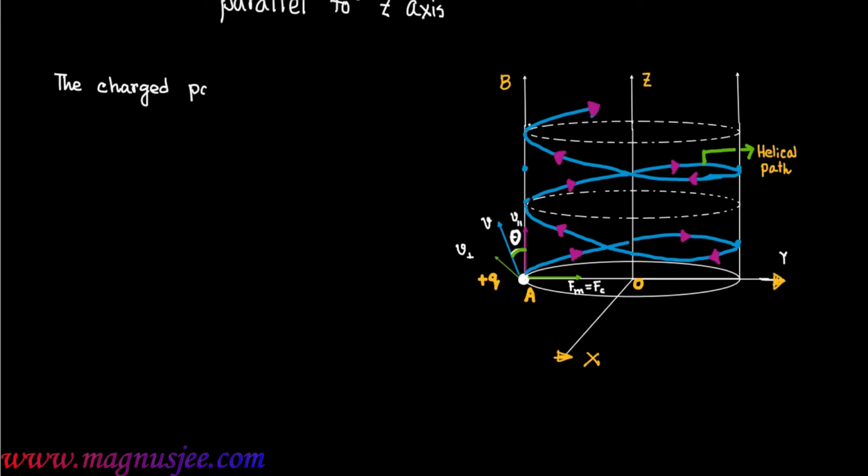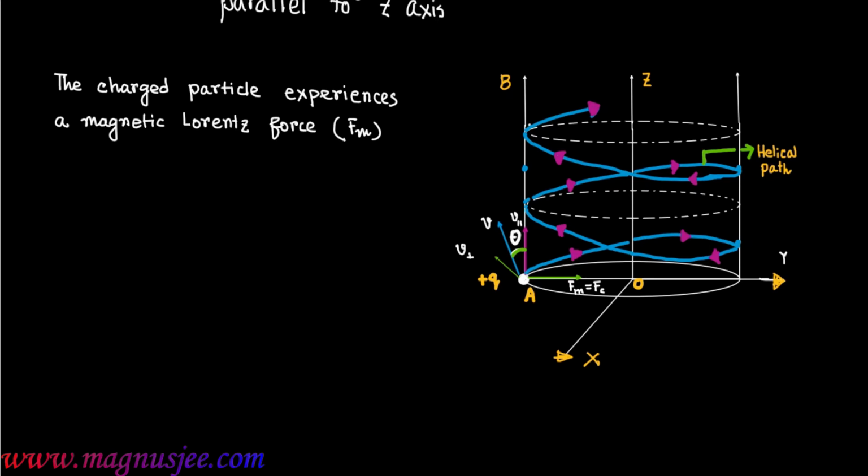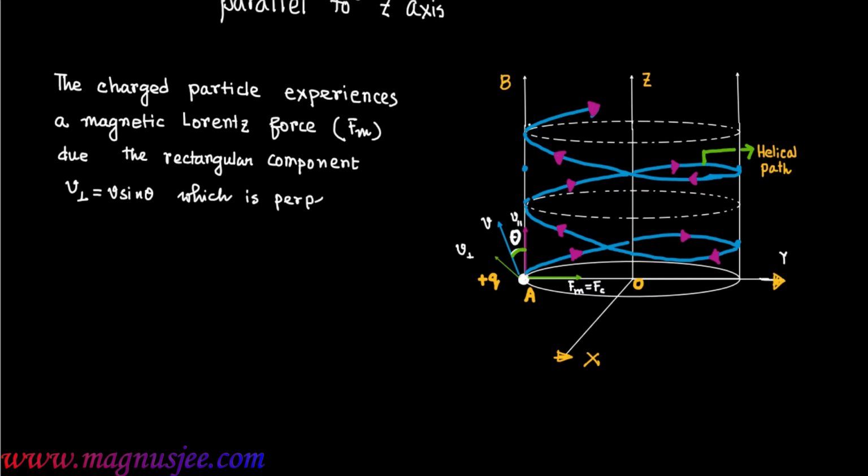The charged particle experiences a magnetic Lorentz force Fm due to the rectangular component v perpendicular equals v sin theta, which acts perpendicular to the direction of the magnetic field B, and this magnetic Lorentz force